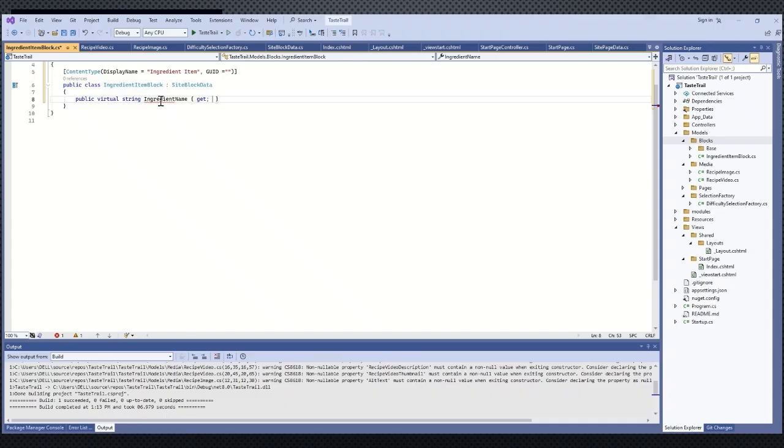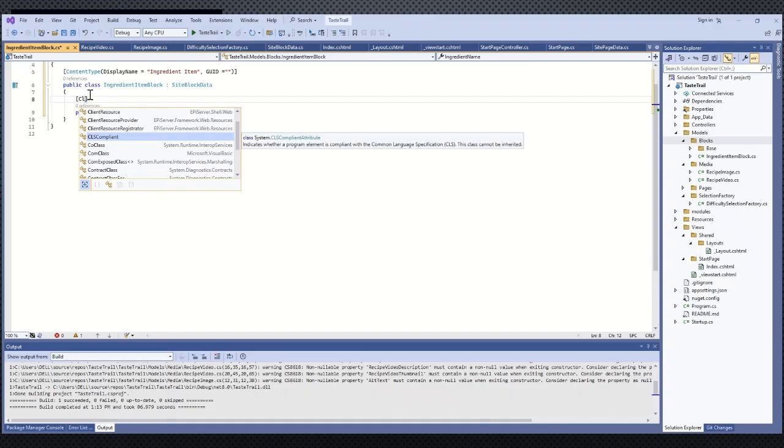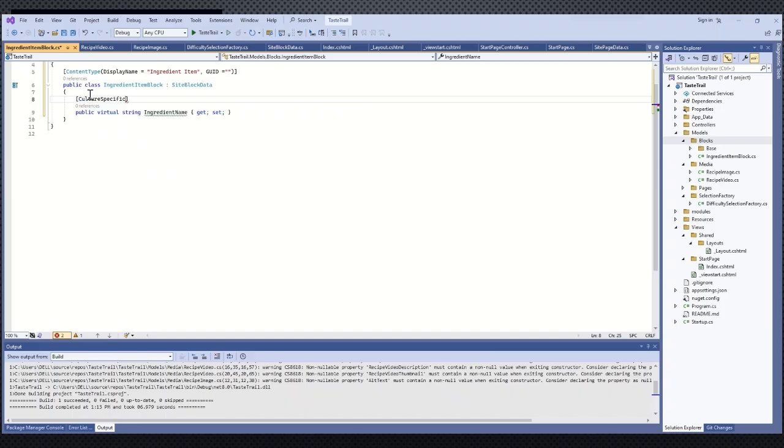And let's have a get set method here, right? And then let me annotate this. So first is, let's say if you are building a multilingual site, I want the ingredient name to be culture specific so that you can name the ingredients in their languages. So we can annotate this as culture specific,